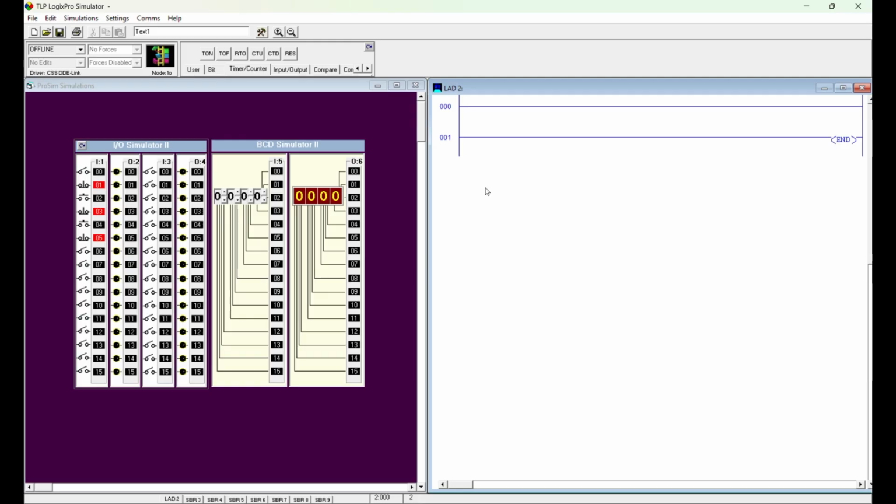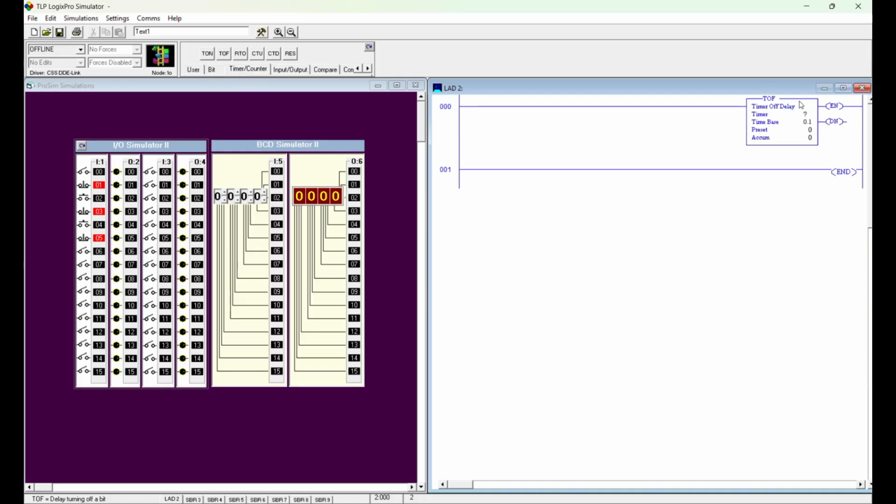Now I'm going to be working with timer off delay, and you can access that by TOF here, which is timer off delay, and I'll drag that. So before I begin working with this, I'm going to introduce the parameters. These parameters are very similar to TON, which is timer on delay that I mentioned earlier, where we have our